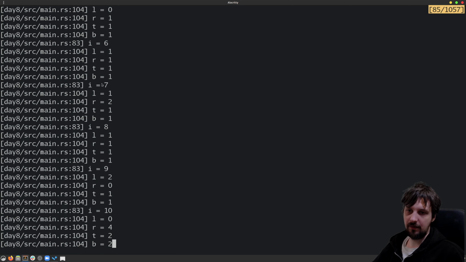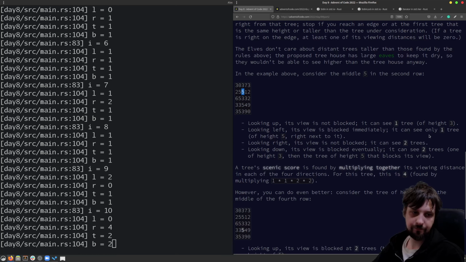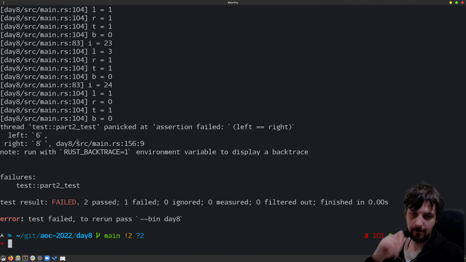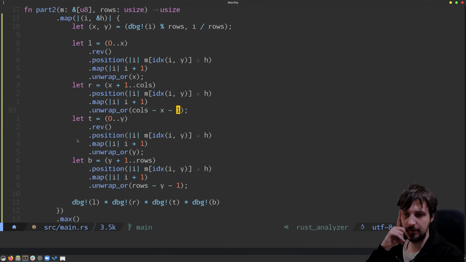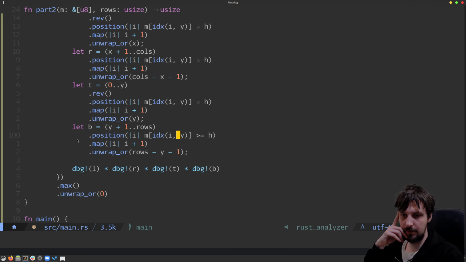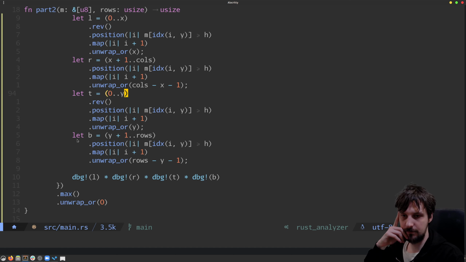Let me take a look at 7 again. 1, 2, 1, 1. Looking down, this view is blocked eventually. It can see 2 trees. Which is true. So downside I have something. And this,